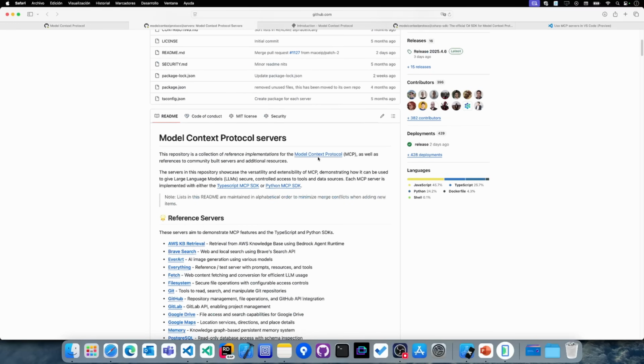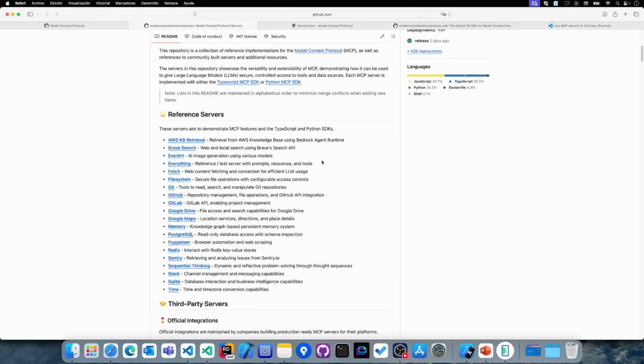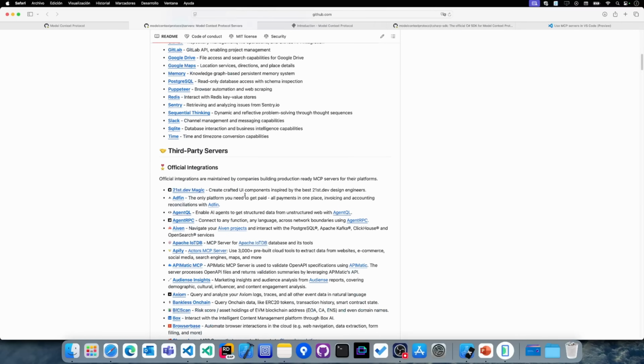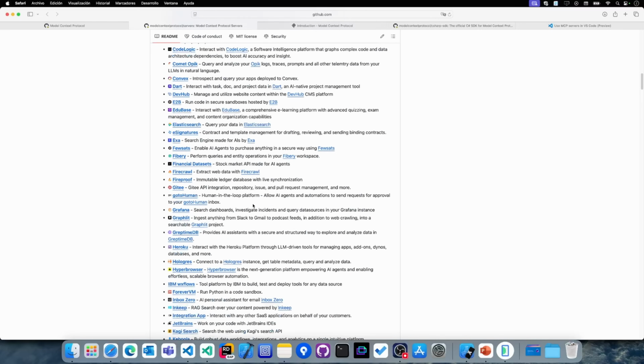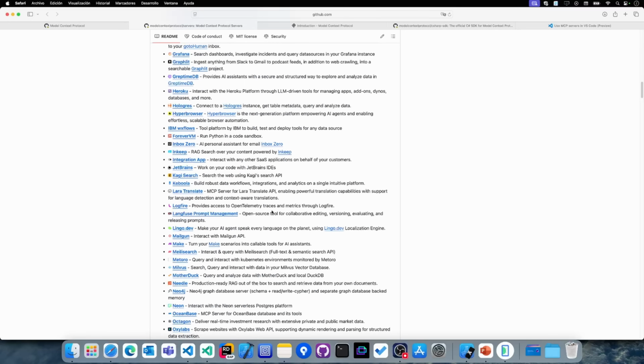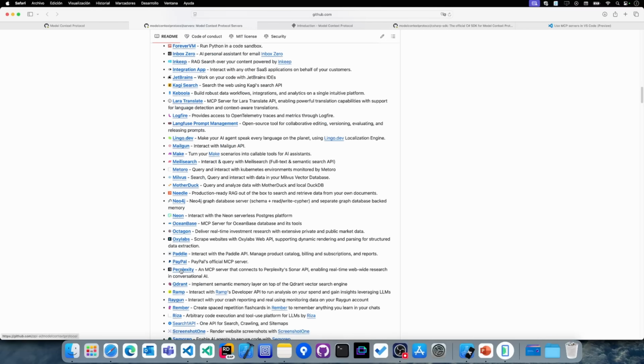We have a huge list of servers. There are really interesting official servers to communicate and get data sources from things like GitHub, GitLab, Sentry, etc. But we also have a huge list of third-party servers to communicate with more services and data sources, like Heroku, Grafana, or Perplexity, etc. So this is the list, and now the next question is how we can integrate it in